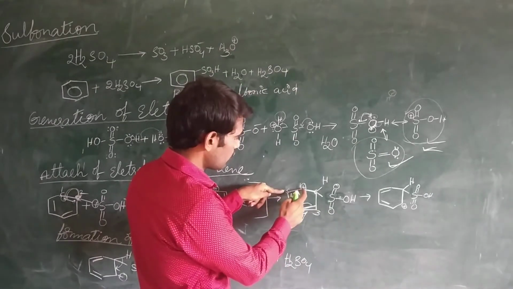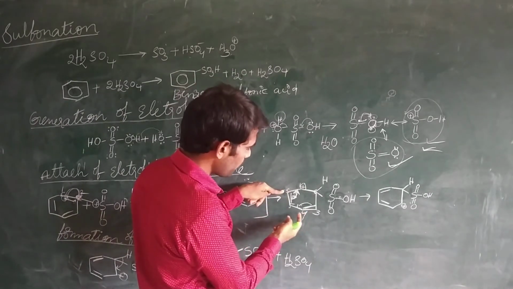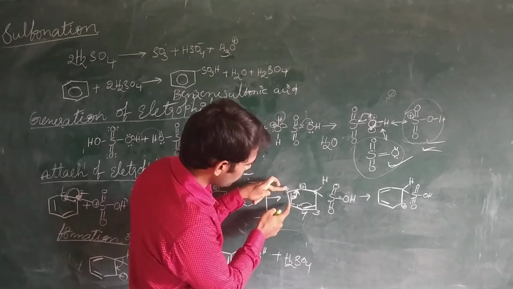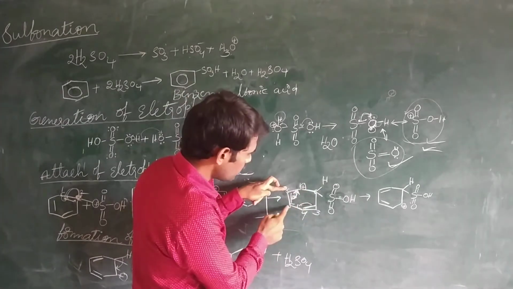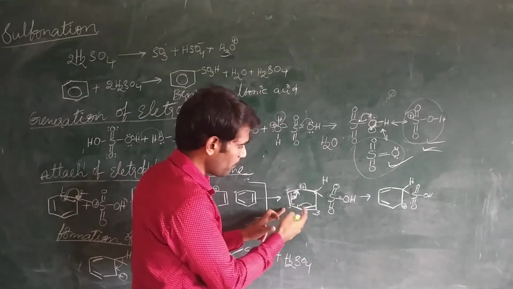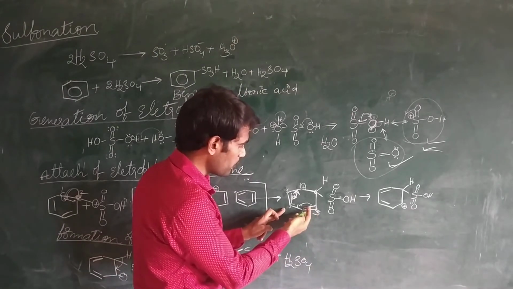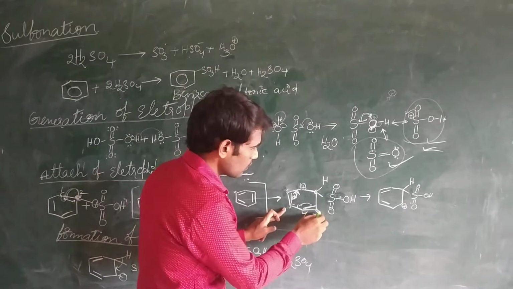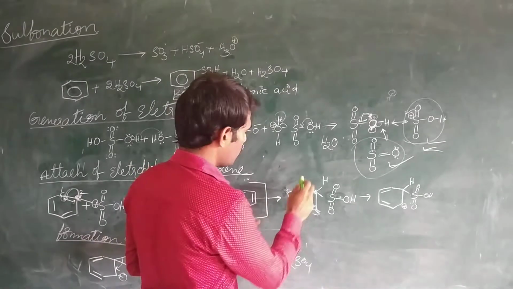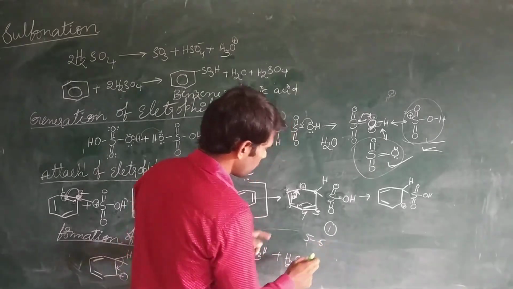So now this positive charge is eliminated because this carbon is getting an octet. Immediately, if these pi electrons between the fifth and sixth carbon are moving between the sixth and the first carbon, a positive charge appears on the fifth carbon. So immediately, the pi electrons between the fourth and third are moving between the fourth and fifth. So the third carbon is now getting positive charge. This is the delocalization. So actually, in the first carbon we have the positive charge, and in the fifth and sixth carbon we have the pi electrons.